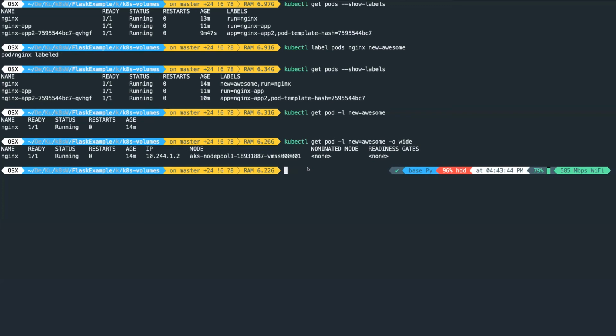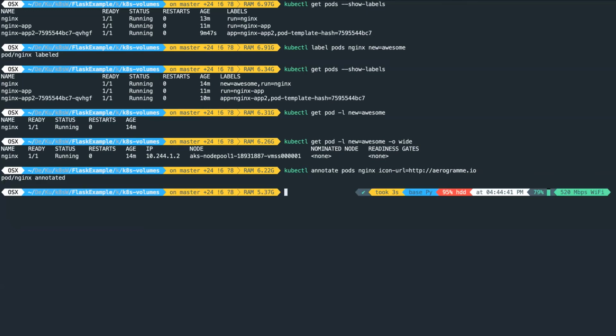What else can I do? We can also annotate a pod. Okay, so let's do that. kubectl annotate the nginx pod, okay, and then we're calling it icon-url equal to aerogram.io, but we don't want to add the namespace. You see pod annotated. Okay, so if we describe this pod, kubectl describe this pod,